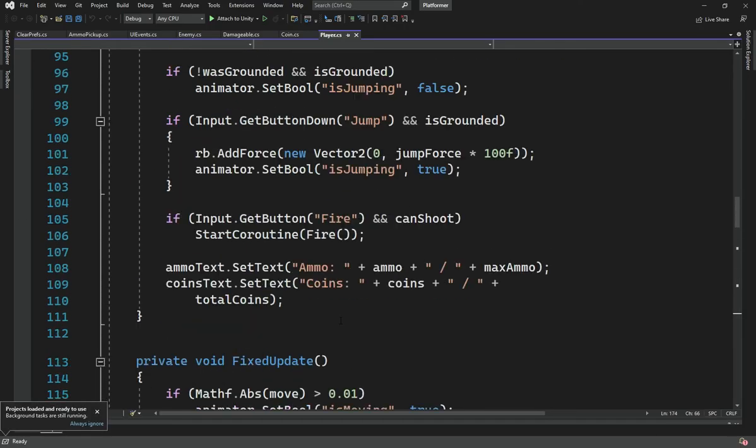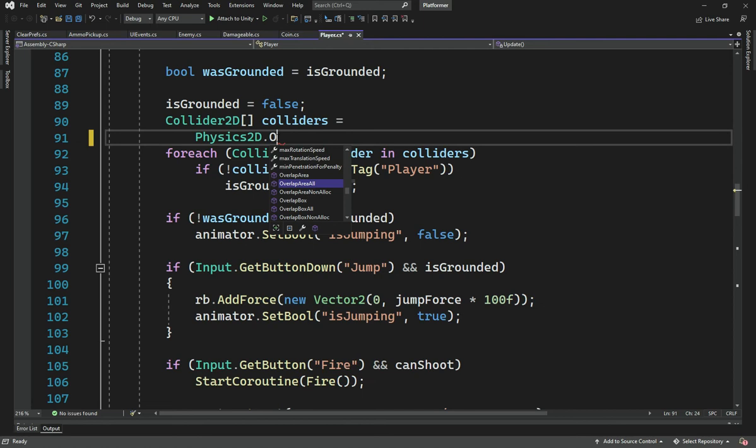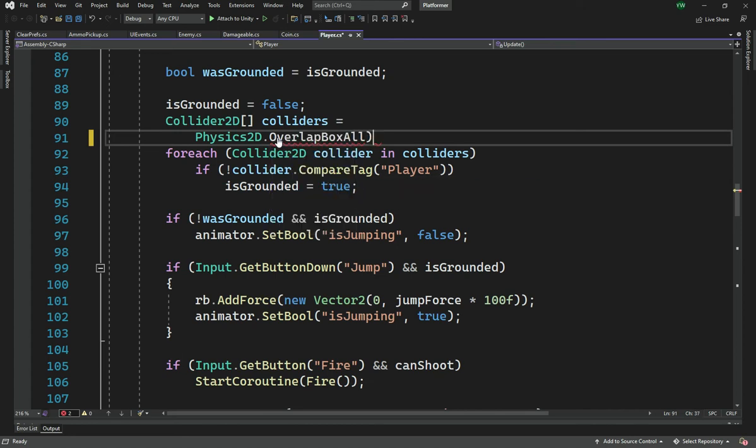Alright, so in here, you can see that we go Physics2D.OverlapCircleAll and so on. But for the actual colliders, we do not need to use this method, but instead let's go Physics2D dot Overlap. Now if I type OverlapBoxAll, we have got this one. So if you remember, for OverlapCircleAll,